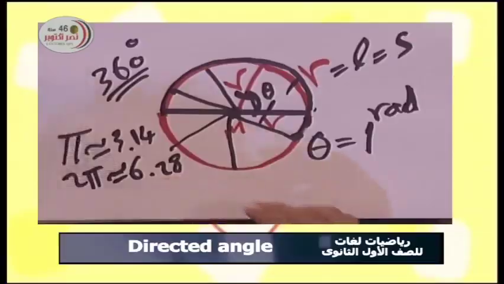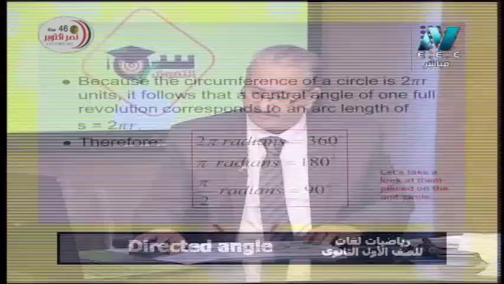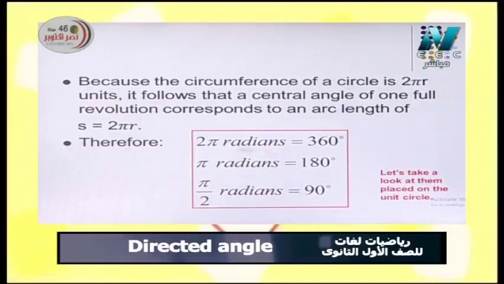let's go to another slide here. We have 2 pi, as we said here, 2 pi equal or equivalent in degree measure to 360, and 1 pi radian equals 180, and pi over 2 is equivalent to 90 degrees. And we know that S, which is the circumference of the circle, or the length of the circle, equals 2 pi r. Okay,